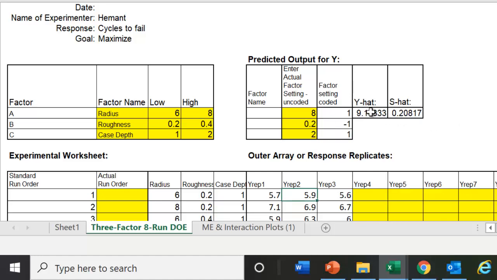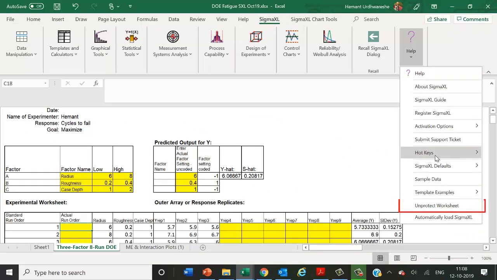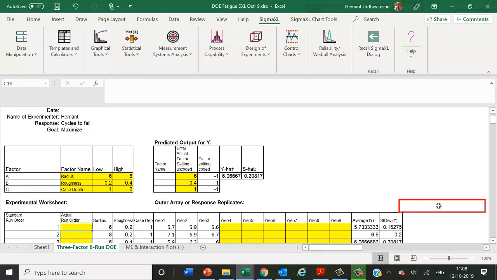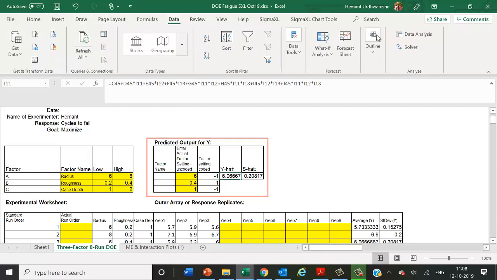Instead of that, we can also use the Excel solver. For that, click on help and unprotect the worksheet. After unprotecting, you can use the Excel solver for optimization. For using solver, we insert the starting values of the factor settings, that is 6, 0.4 and 1, which we know are not good values, and the predicted response for that is about 6.